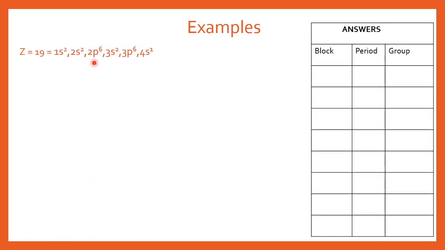So coming to the examples, this is the first example here, an element whose atomic number is 19. We don't know the name, but we have to find out the position. Looking at the electronic configuration, we have placed 19 electrons according to the Aufbau principle of electronic configuration by following the sequence of energy: 1s2, 2s2, 2p6, 3s2, 3p6 and 4s1. Here you will check that the last electron is going to enter an s orbital. That's why this element belongs to the s block.